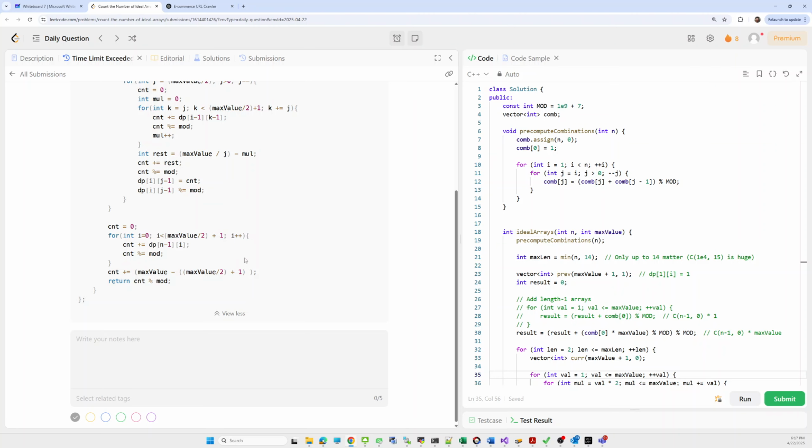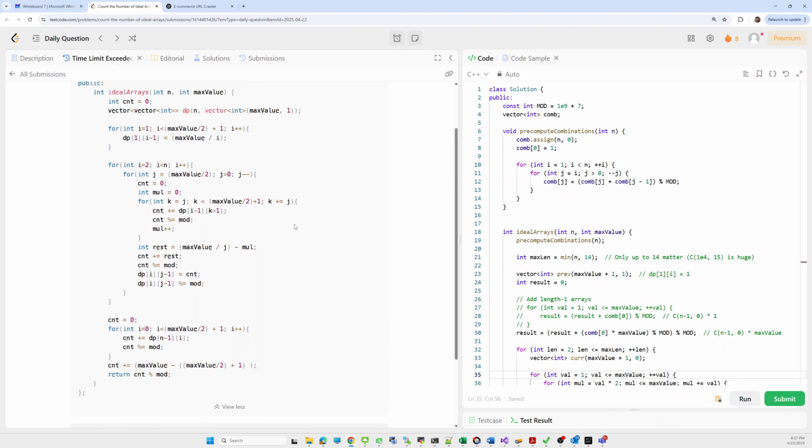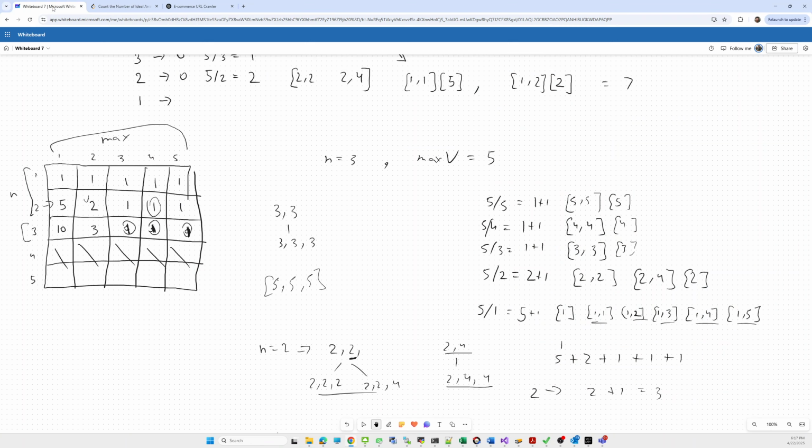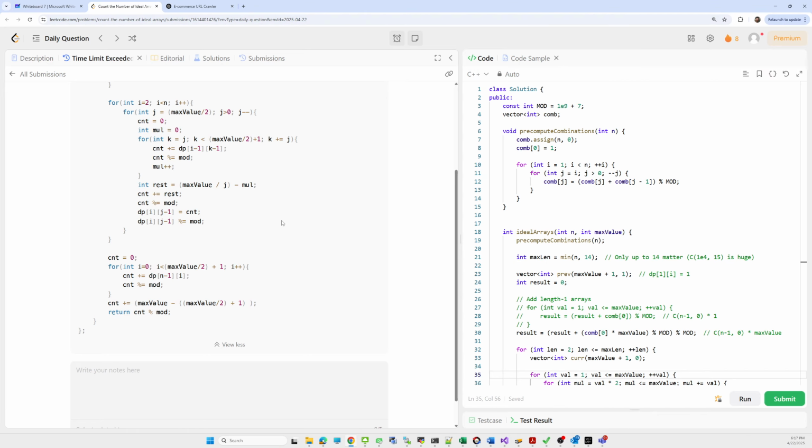But here what's the issue I am getting? I am getting a time limit exceeded. So I tried multiple things to optimize that. I minimized the range also by 2. I tried this mathematical operation also, that instead of iterating over the whole range of max by 2, only iterate for max by 2, and after that just take the mathematical equation, because the last element will be 1, so just take the sum of that. But still it is not working.